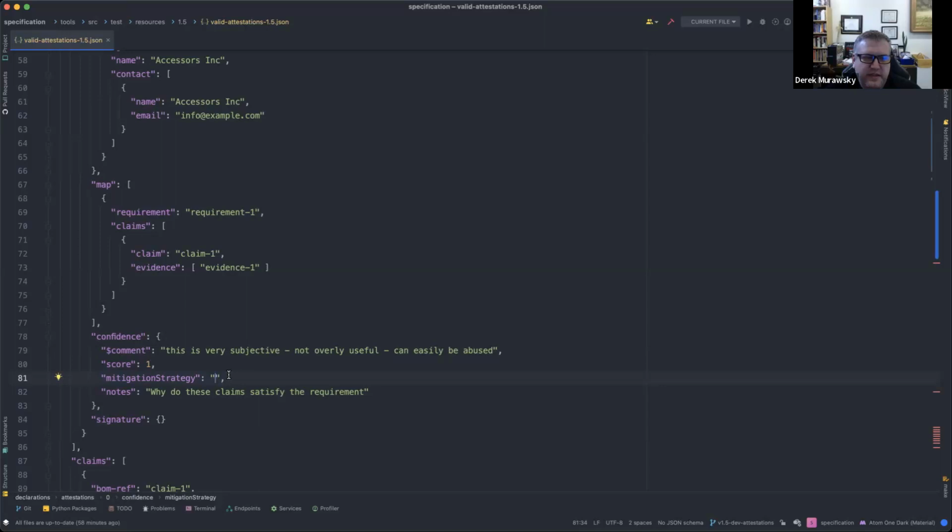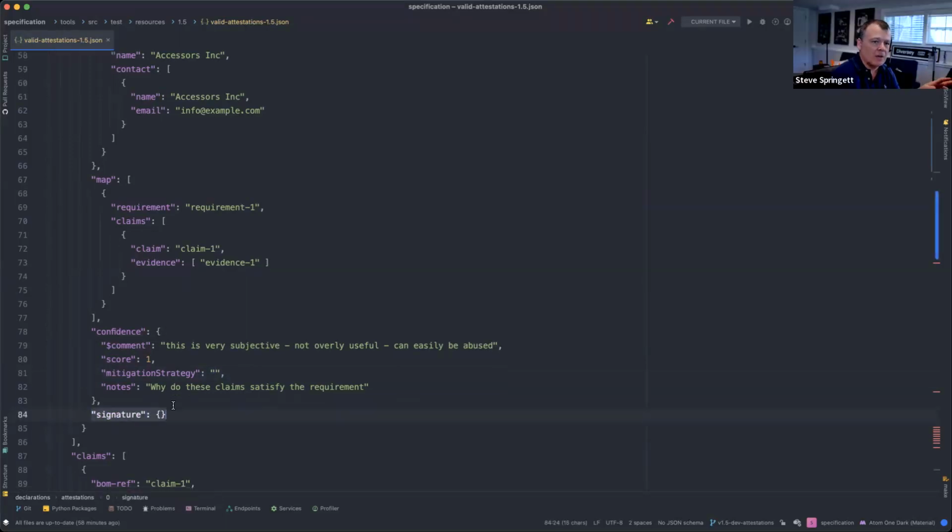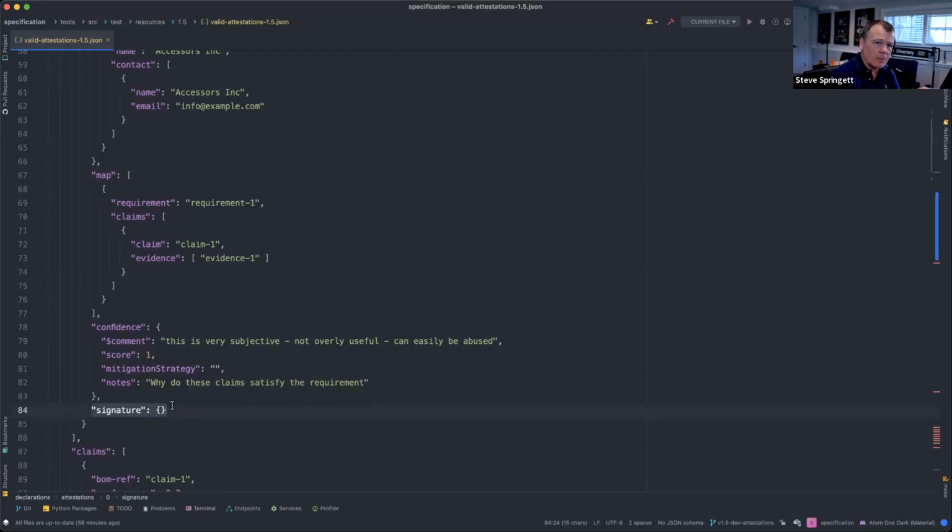I think the question becomes who's going to be the one to sign off on it. If the signature block is on the standard, I would expect the person... See, this is tough. Each attestation also has its own signature. So if you have a legal department signing off on one part of the standard and a security department signing off on another part, that would be completely viable. Yeah, I'm on board.